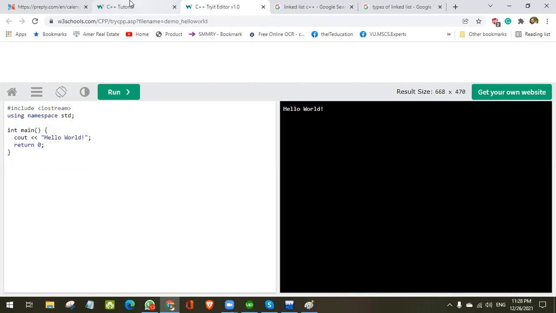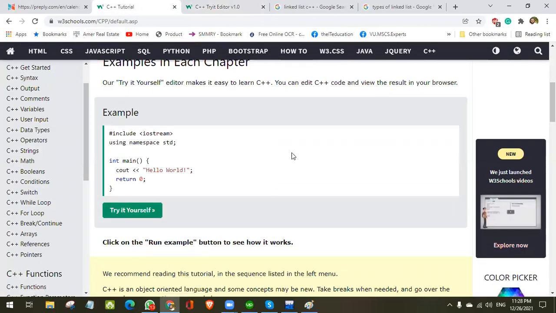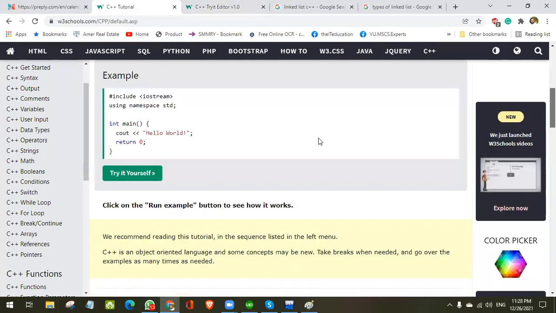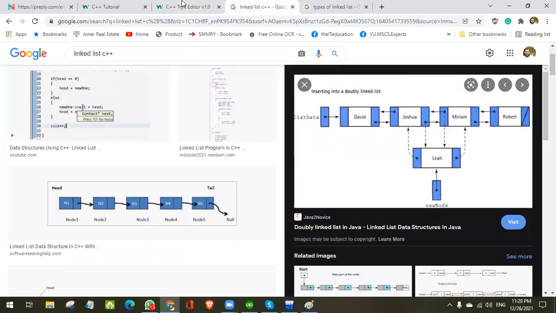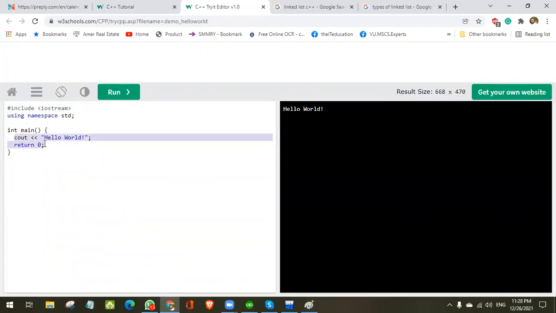You will open this W3 School and you will open C++ and click on any try it yourself. When you will click, this compiler and editor will be loaded here. Now here, you can write every program. You will click run. It will be executed here. You can write online. Look at here. No need to install any compiler, nothing to install any app. Open the browser and you can try the online compiler for writing your C++ program and other things.